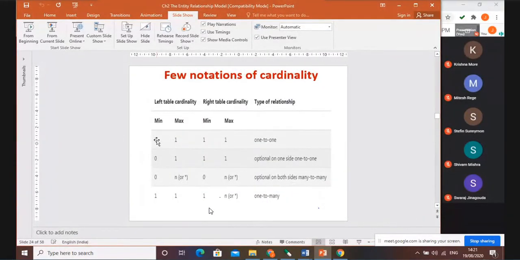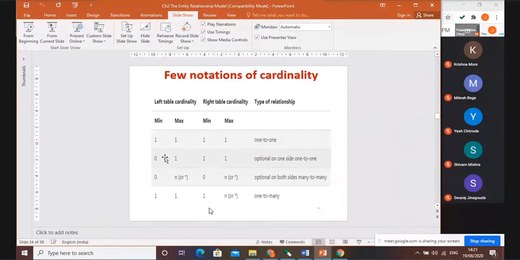Here you can see 1, 1 was written for one side. It indicates minimum 1 and maximum 1. On the other side of the relationship, again if it is 1, 1, it indicates minimum 1 and maximum 1. So if in your exam it is 1, 1 and 1, 1 from both sides of your relationship connected with your entity set, then it is known as a 1 to 1 relationship. This concept you require to go ahead with the relational model. So whenever it is 1, 1 or only 1, it is 1 to 1.